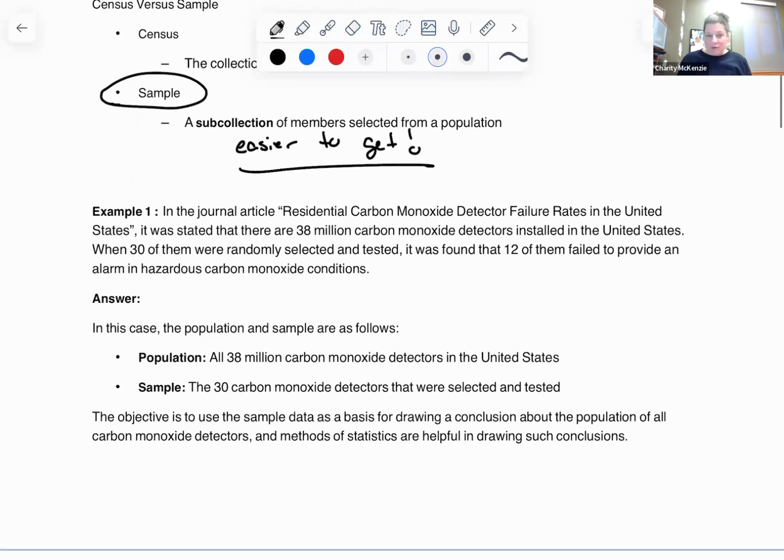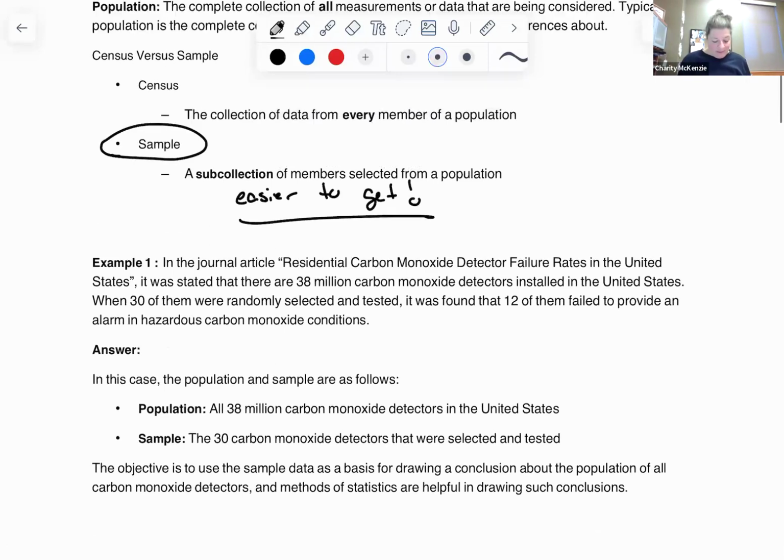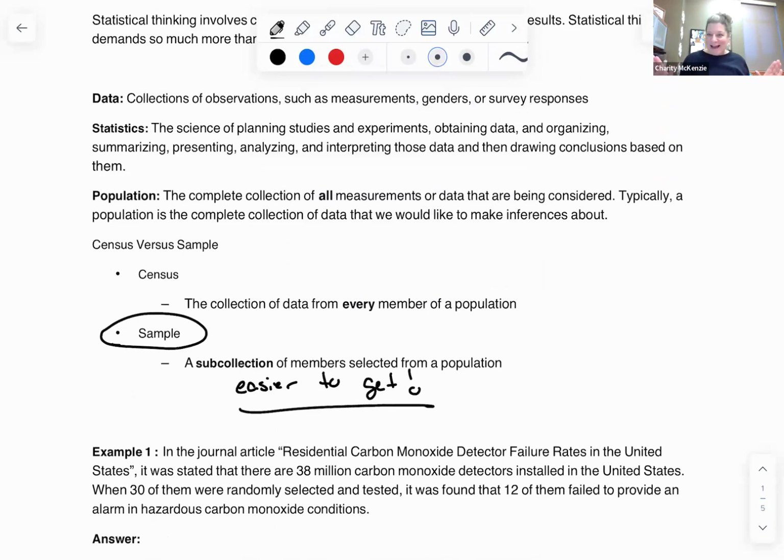So here's an example. Maybe I'll just scroll it down to cover up my answer on example one. I have it there for you, but I don't want you to see it yet. In this journal article, residential carbon monoxide detector failure rates in the United States, it was stated that 38 million carbon monoxide detectors were installed in the United States. When 30 of them were randomly selected and tested, it was found 12 failed to protect and provide the alarm